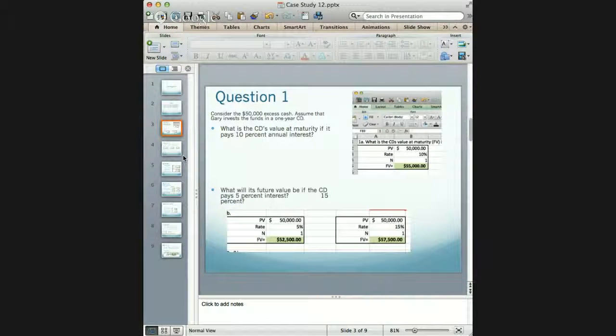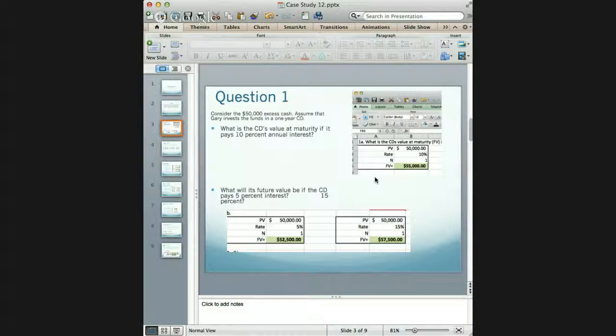So question number 1 was to consider the $50,000 in excess cash and assume that Gary invests the funds in a 1-year CD. What is the CD's value at maturity if it pays a 10% annual interest? Using Excel, there is a function called future value where we can find out exactly the balance that Gary would get. By plugging in the present value of $50,000 in cash at an interest rate of 10% for 1 year, that balance would be $55,000